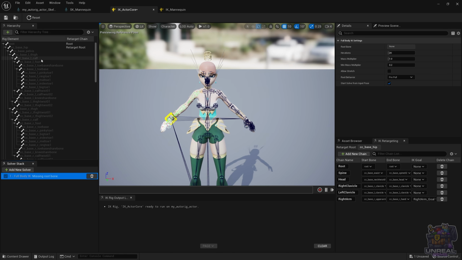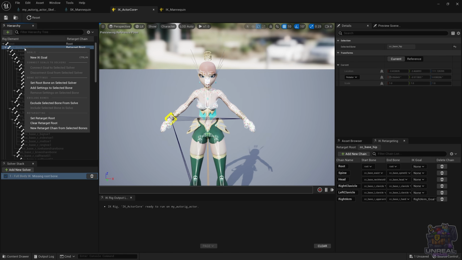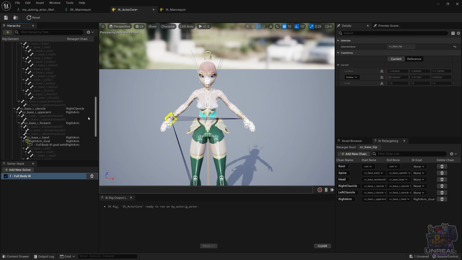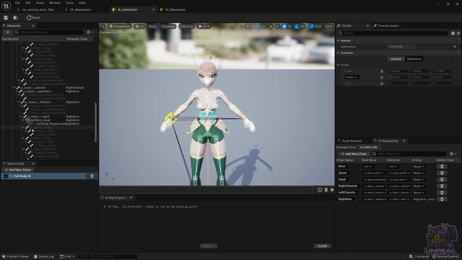Right now we need to do the next one, which is going to be the hip, which is going to be added to the solver as the root bone, the same as the retarget root, but this time for the FullBodyIK solver. You need to have the solver selected in order for the selection of the bone to work. If you don't have the FullBodyIK solver selected, it won't work. It would be grayed out, I think. So just be careful with that. And once you have that, we can go ahead and create the next